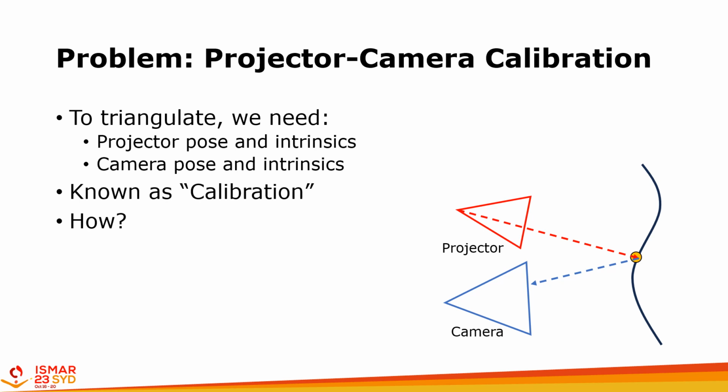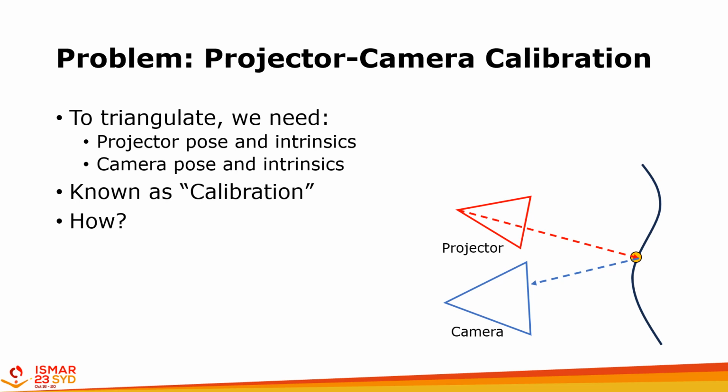But to triangulate pixel correspondences, we need a calibrated projector camera system. Now, calibration in the context of projection mapping refers to computing the pose, or orientation and location, and the intrinsics such as the focal length, principal point, and distortion coefficients of every projector and camera in the entire system. Now, calibration accuracy is crucial as errors in calibration can result in an inaccurate shape reconstruction, which then causes distortions